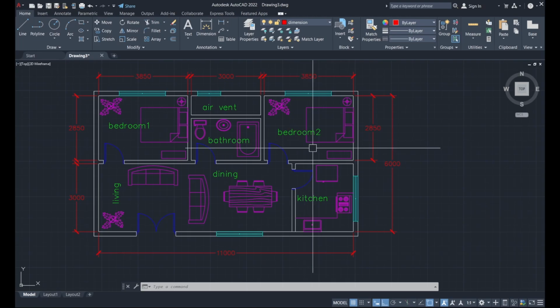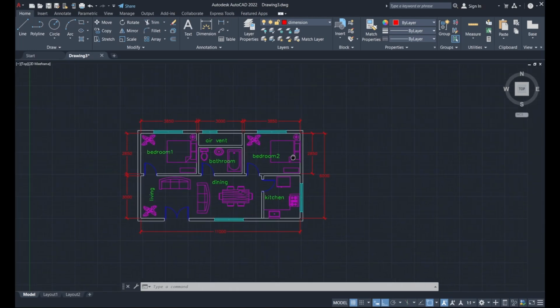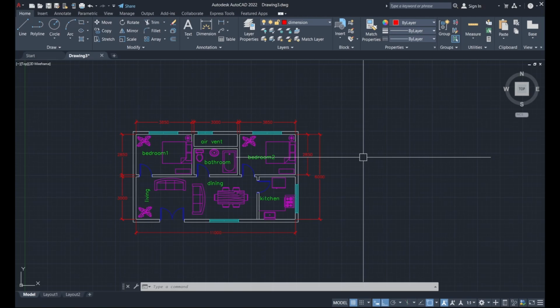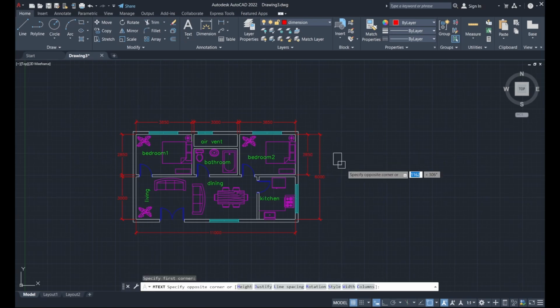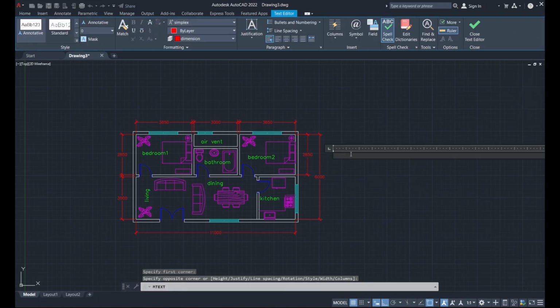Now let's add a final note to this drawing. So to add that, let's come over here to text and click on the drop down and select multi-line text and draw the extents of our text box next to your drawing. So let's click there and let's just write note: exterior wall 20 mm